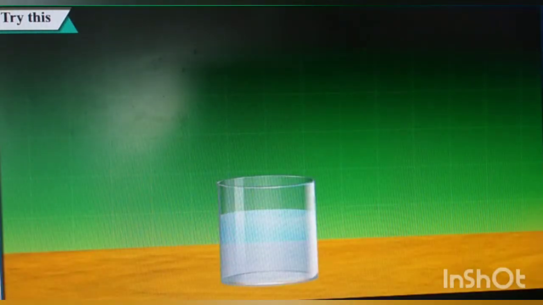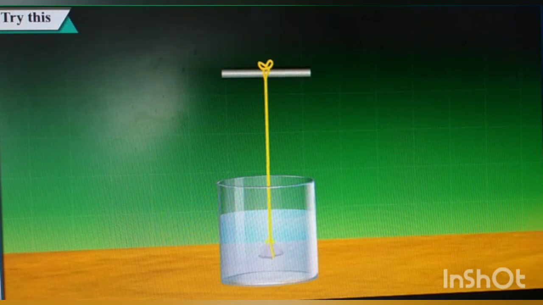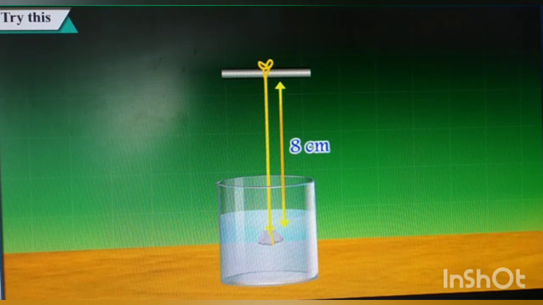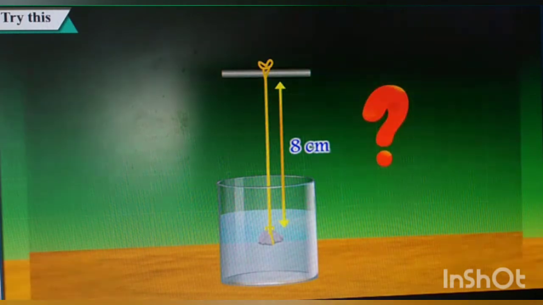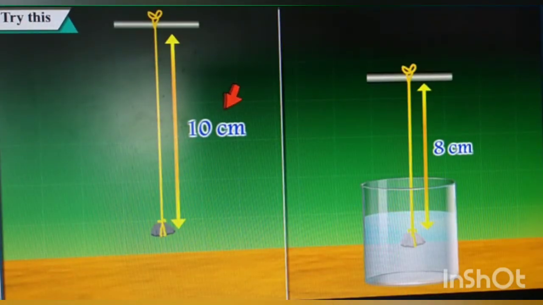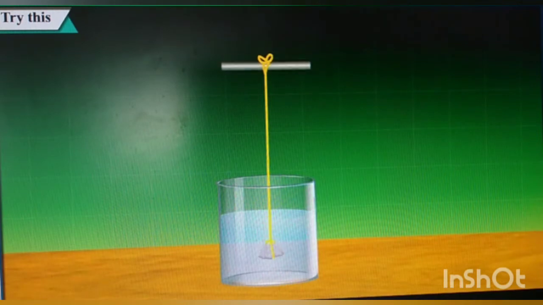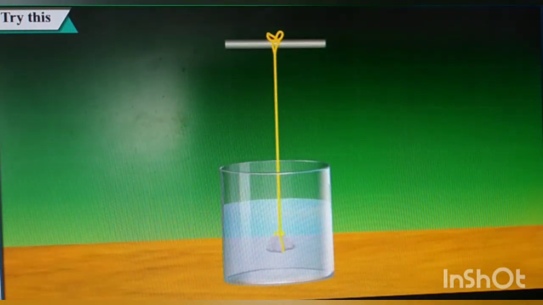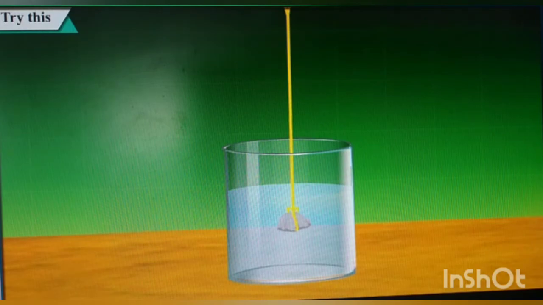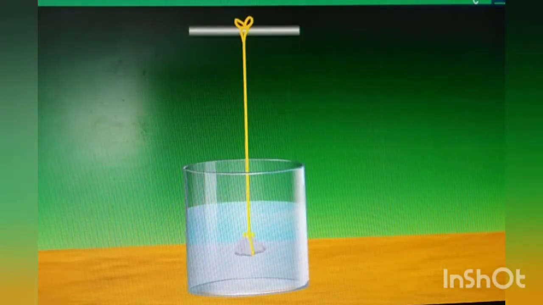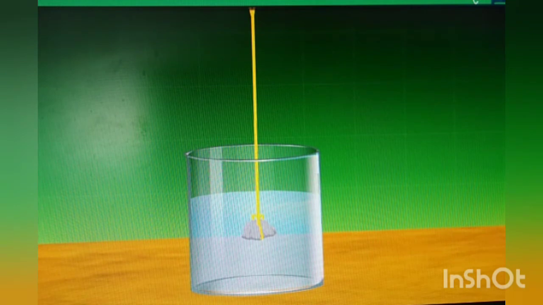Keep the stone hanging in air and measure the length of the rubber band from the stone to the mark made earlier. Now take water in a pot and hold the rubber band at such a height that the stone sinks in it. Again measure the length of the rubber band up to the mark. What is observed? This length is shorter than the earlier length. While dipping the stone in water, the length of the stretched rubber gets slowly reduced and is minimum when it sinks completely. What could be the reason for a shorter length of the rubber band in water?